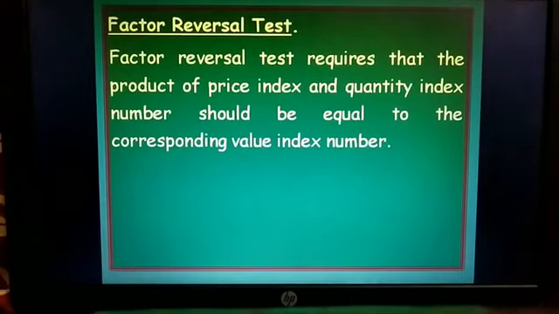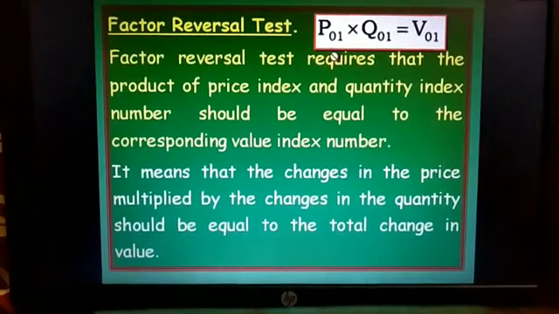The product, that means multiplication, of price index and quantity index number. For a given data, if you calculate price and quantity index numbers, and then take the multiplication of those two, it should result in the corresponding value index number,